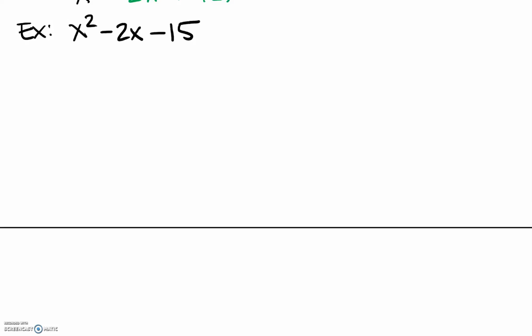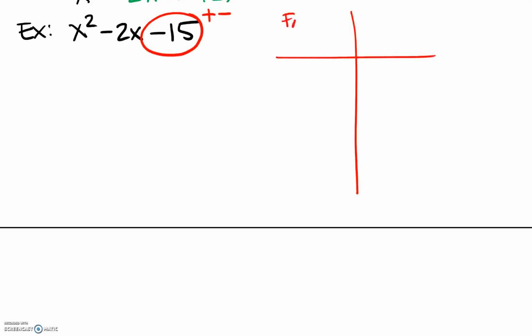If we wanted to factor this, well, first off, we look at our final term, right? This tells us what we need to have multiplied to. So in this case, we need two things that multiply to negative 15. In order for this to actually be negative, the signs on our two pieces have to be opposites, right? They have to be opposite signs. So if we're going to make up our little list of factors of 15, in this case, factors of negative 15,